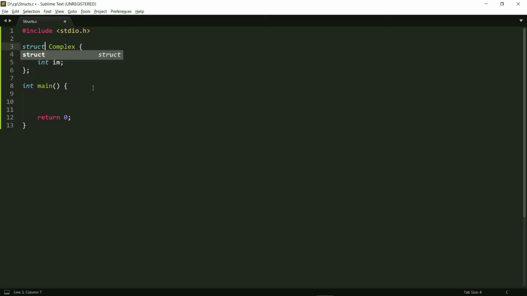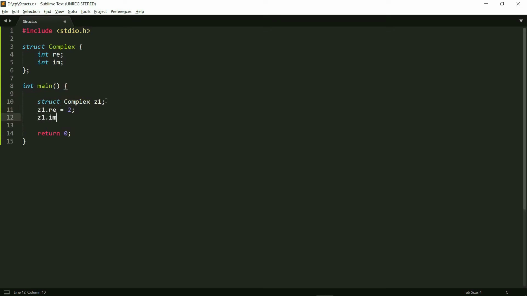So I can have something like a struct here. If I say struct complex, now this is very similar to a union, with the difference that it allows me to use both this variable and this variable at the same time, and I could have as many variables as I want. After this, it will let me handle all of them at the same time as well. And just like unions, if I want to make a struct here, all I have to do is say struct complex z1.